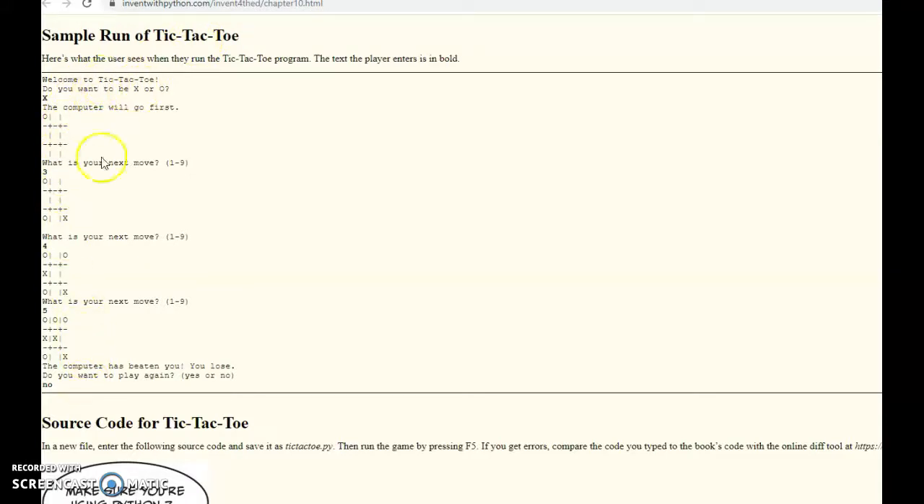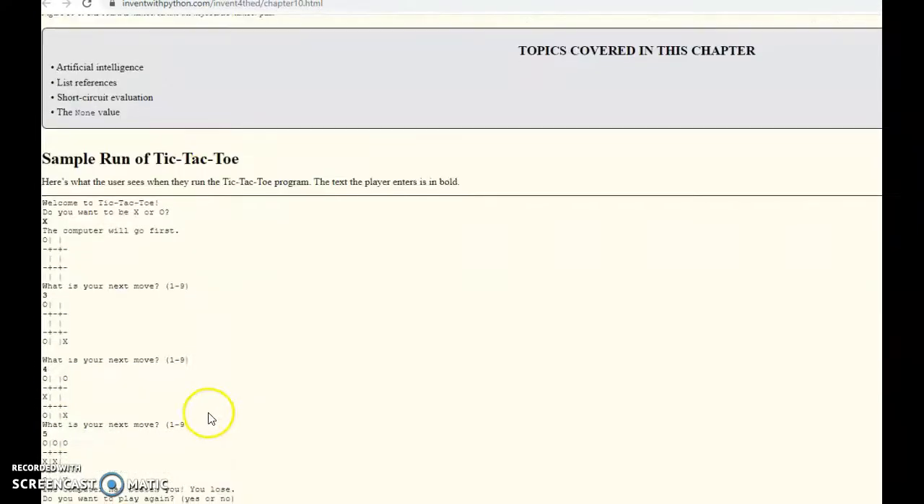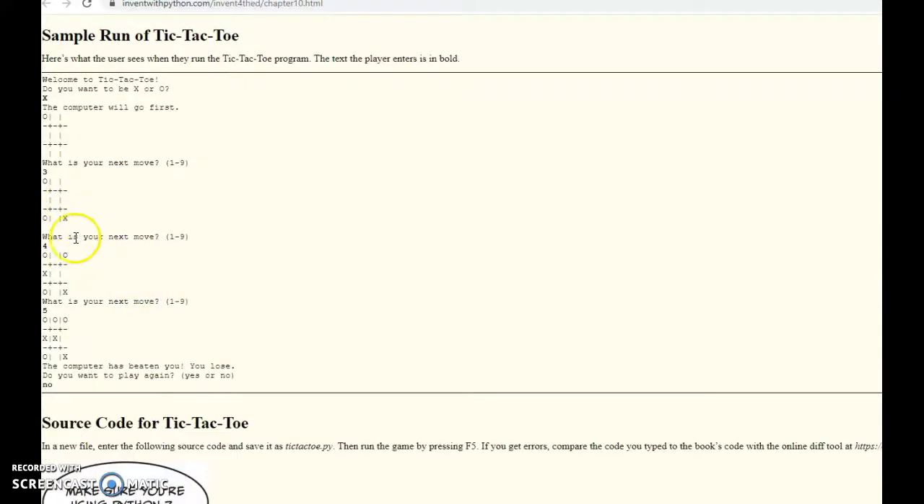Welcome to tic-tac-toe, it will print out. Do you want to be X or O? And then you make a choice. It then determines if the computer is going to go first or not, and will say so if the computer goes first, otherwise it will ask the user for what they are entering. Then you enter a number, which is based on this representation of a grid,